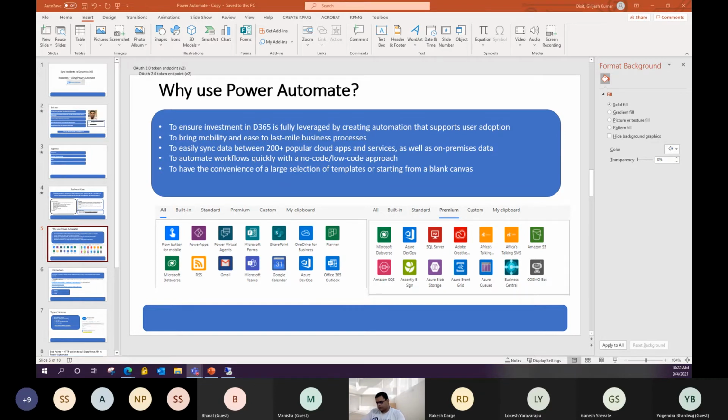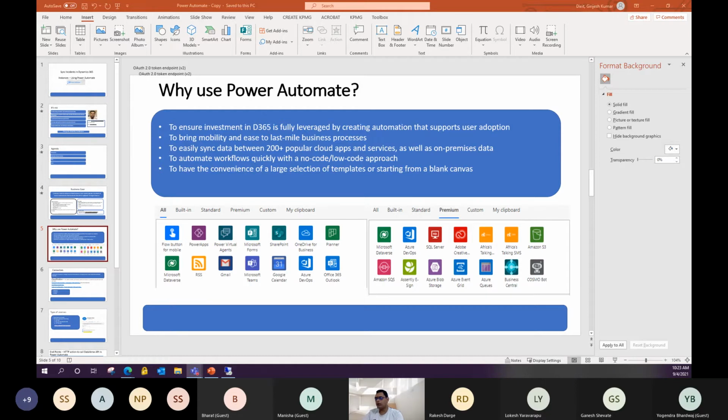Microsoft has also added any number of templates available by which you can just select your template. For example, if you want to get data from Twitter, we already have a template available. You just need to use the template and configure it: you sign in with your user details, and whatever Twitter handle or tweets you want to track, it's ready to use. Such templates are already available on the same pattern.